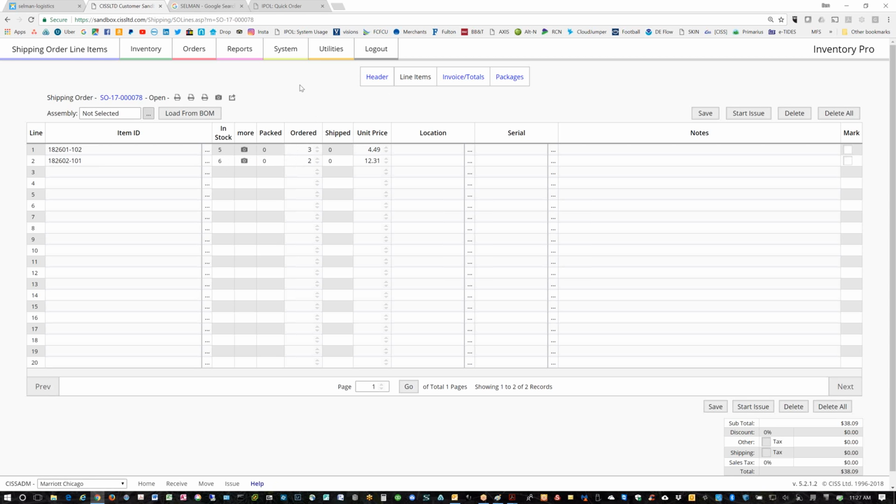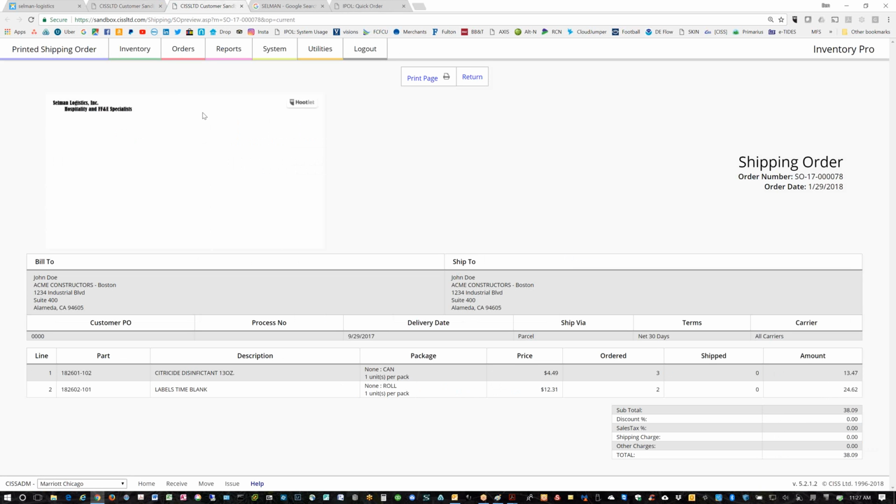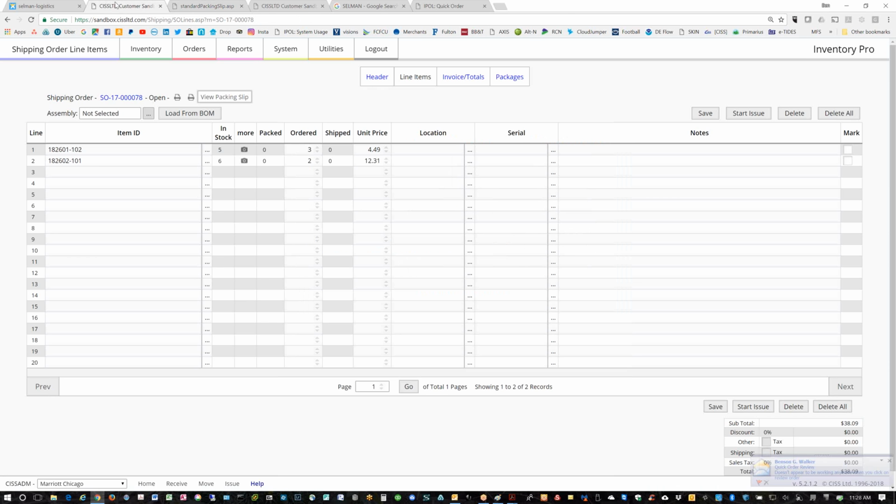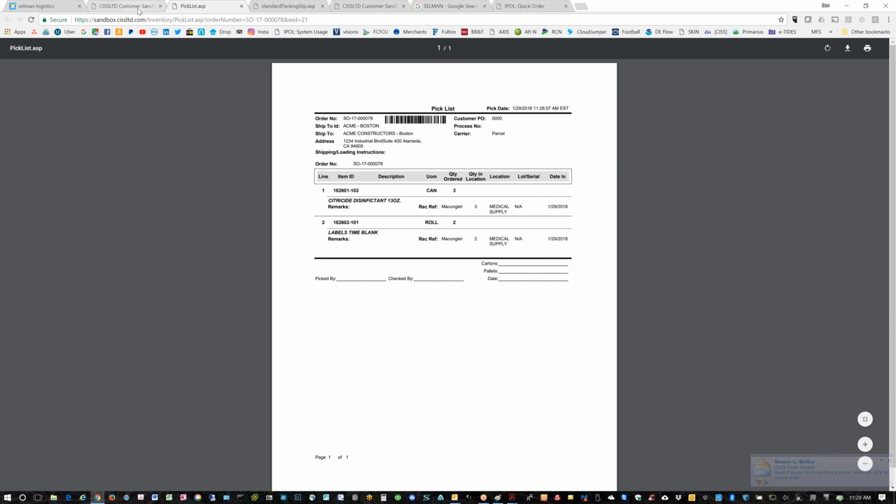Everything in here is a PDF basically. So here's what the order looks like. If I go back, here's the packing slip. Okay. And like I said, we can change these reports to meet your need. You might want a different field or just a different layout. Yeah, I remember I said one of the most important things to add there is weight. So we calculate. Oh, right. Here's our pick list,